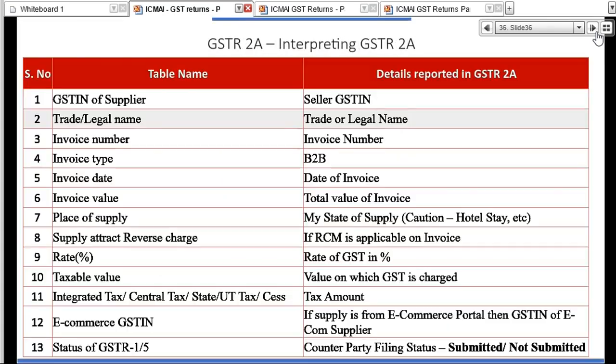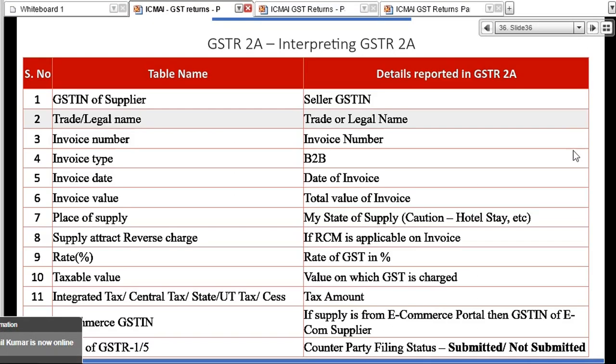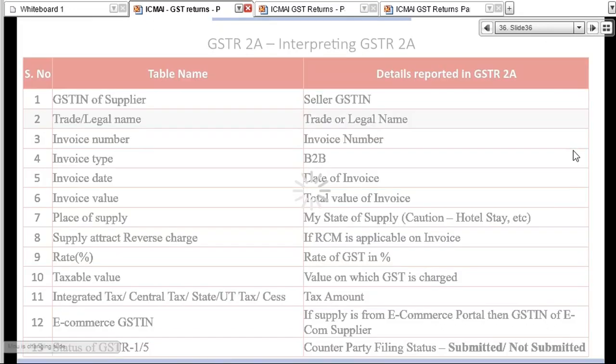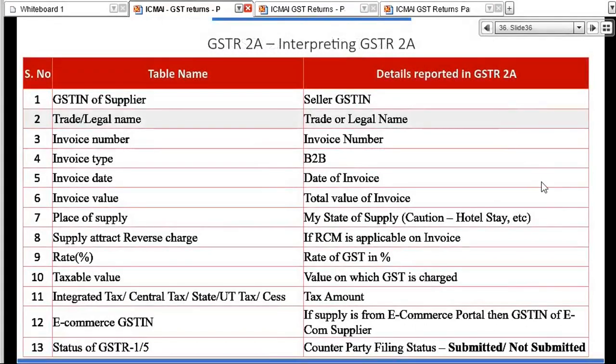Now friends, let's see what details will be there in GSTR 2A. One is the seller GSTN; like if I am reporting, my GST number will be there, right? My trade name, invoice number, invoice type such as B2B, invoice date, invoice value, total value, place of supply.